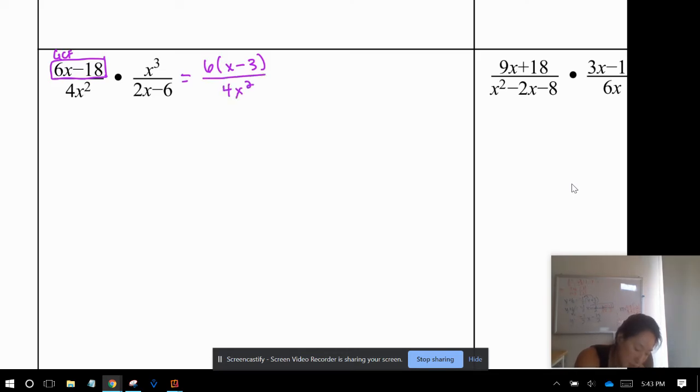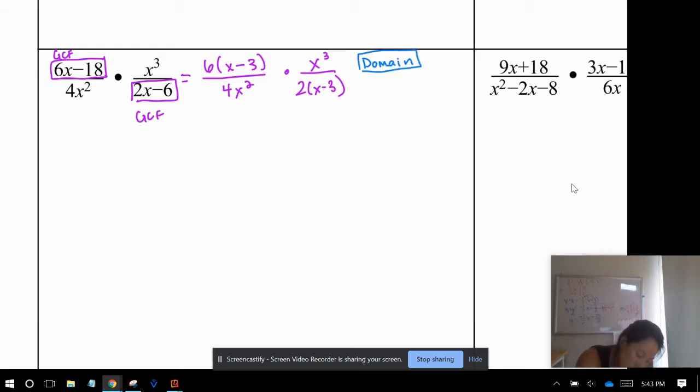4x squared times x cubed over, and I can see in the denominator of the second fraction, I can also GCF out a 2. So 2 times x minus 3. Okay, before we cancel, we have to get our domain. So our domain is,